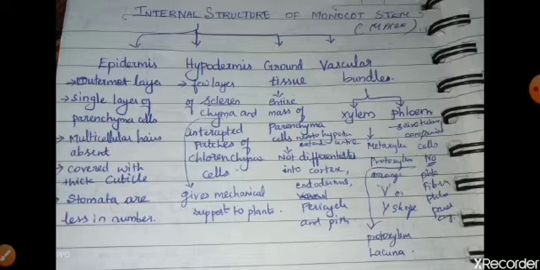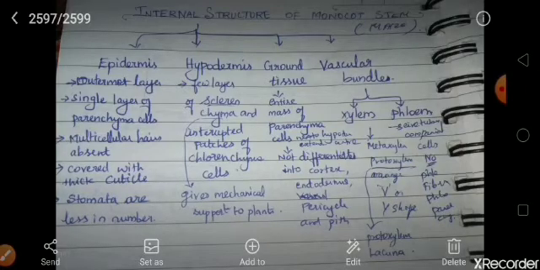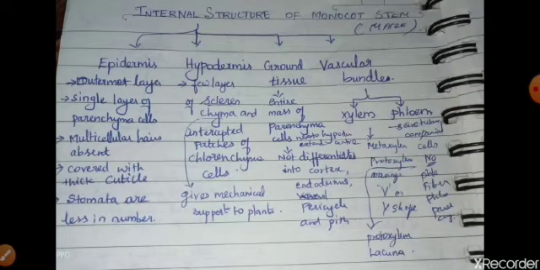As I said, in ground tissue the vascular bundles are spread or scattered here and there, like in the case of watermelon, where the seeds are scattered. Similarly, here the vascular bundles are scattered in the ground tissue. Ground tissue is the entire mass of parenchyma cells. It extends next to the hypodermis, and it's not differentiated into the cortex, endodermis, pericycle and pith.